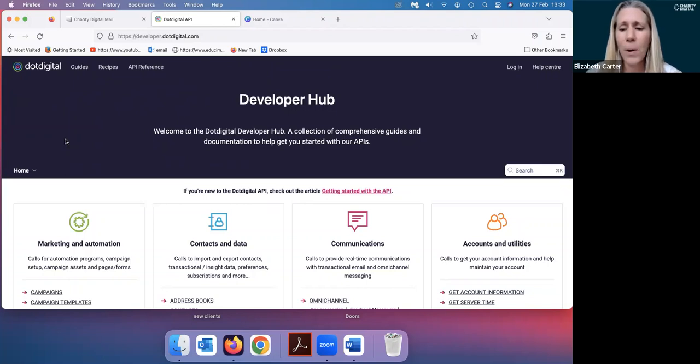Are there any questions popping up about the API? Because I could go into it in a lot more detail. I just don't know whether it's